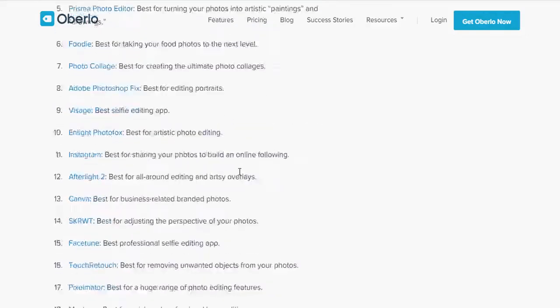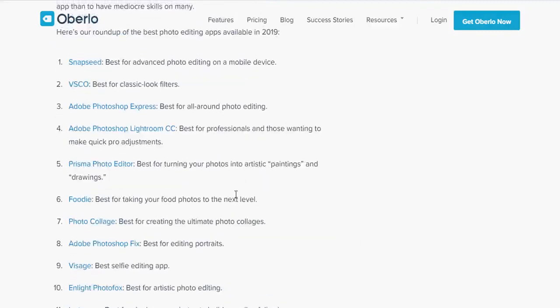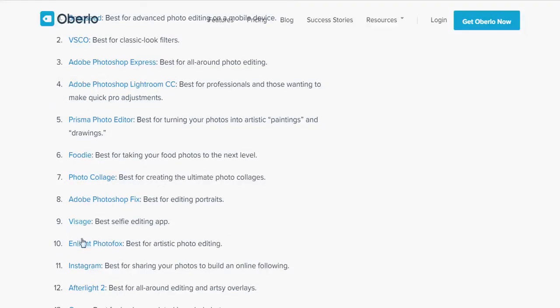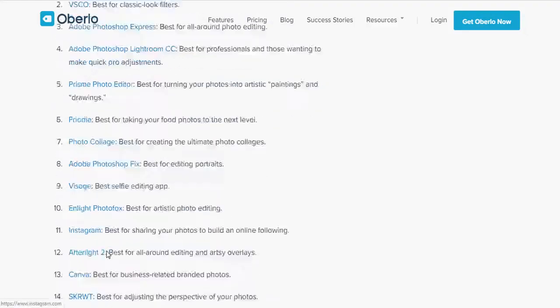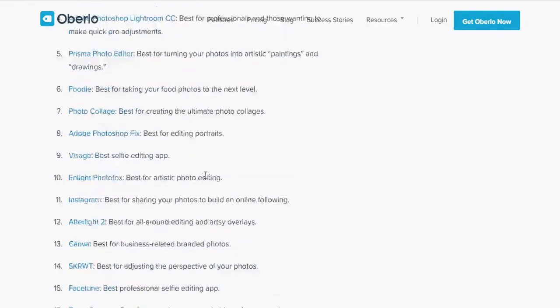So there are 19 apps, but some apps are paid. Snapseed, VSCO, Bosco, Adobe Photoshop Express, Adobe Lightroom CC, Prisma, Foodie, Photocolic, Adobe Photoshop Fix, Visage, Enlight, PhotoFox, Instagram, Afterlight, Canva: all these are free photo editing software.